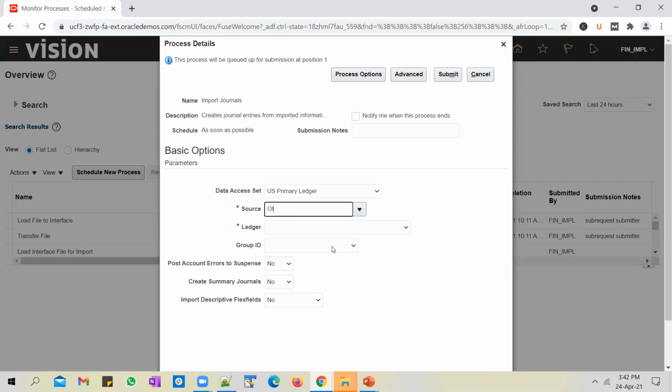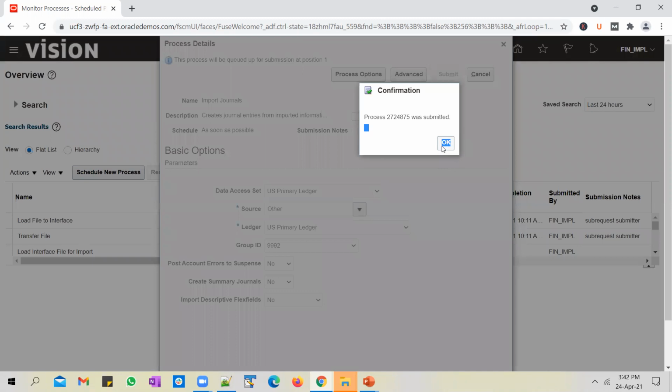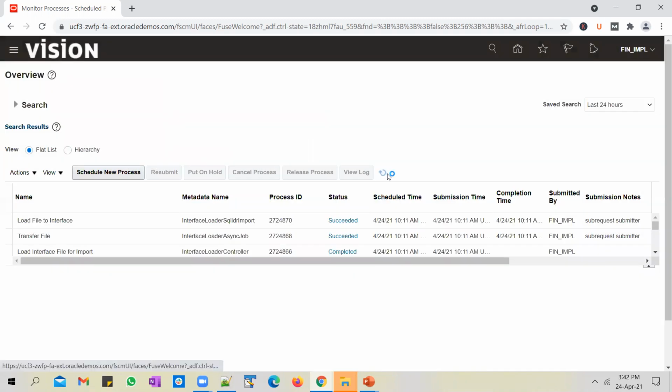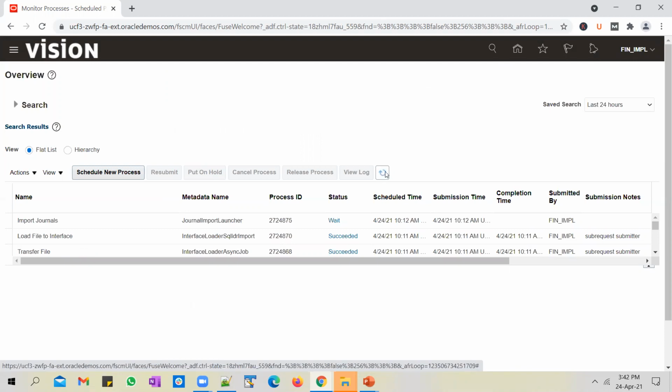Use the source as other and use the group ID as 9992 and submit it. The import journal's child job should end in warning because we have passed an account number which is not a valid one.